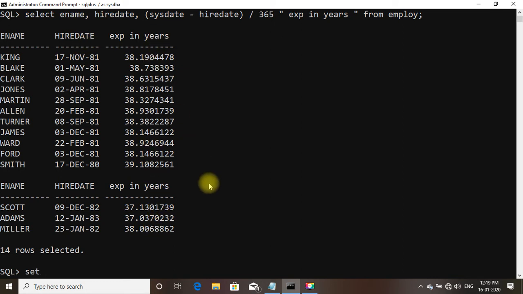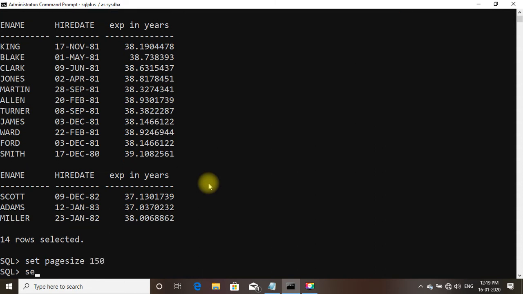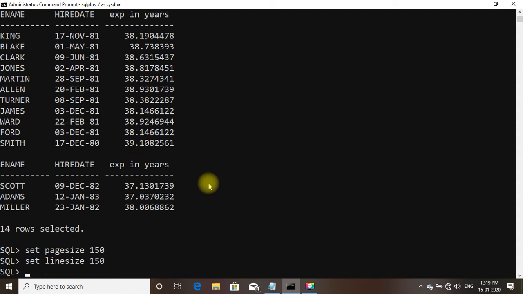Set pagesize to 150 and set linesize to 150. This is valid for a particular session, so we need to set this every time we start the Oracle environment.